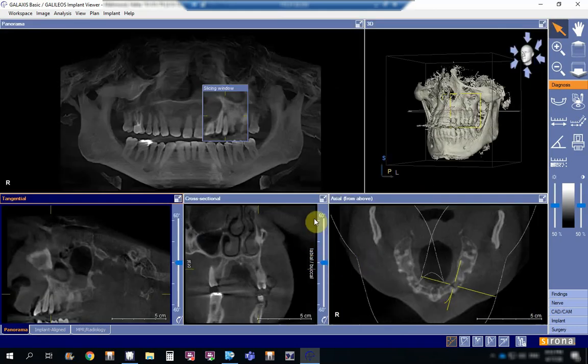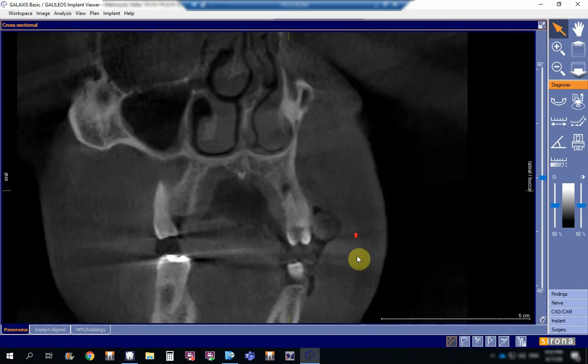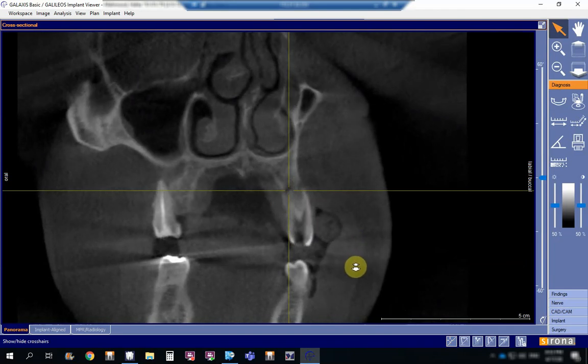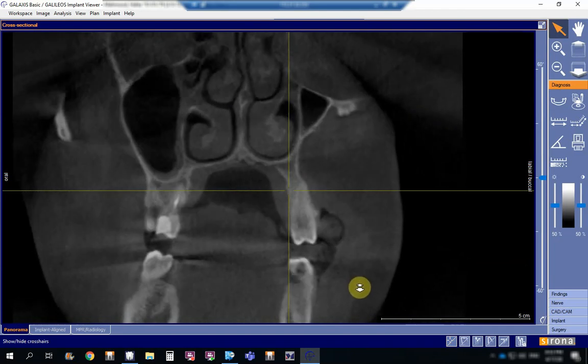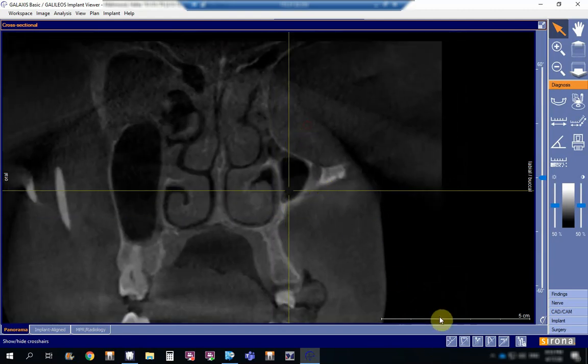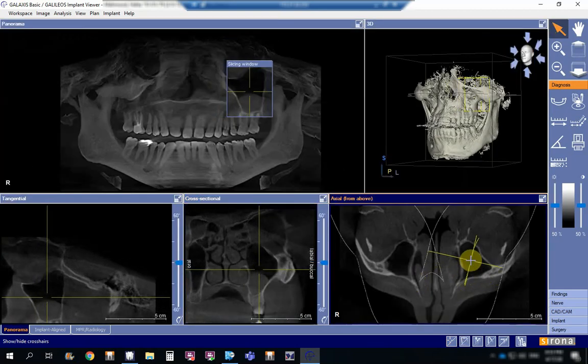In the coronal view, it looks more like this. Back to our cross hairpin, this is where it is located. The maxillary sinus also shows in here. This is the right maxillary sinus. I'll take you to the right maxillary sinus over here. We're not in the biggest dimension. We can go through its biggest dimension, and now we have, you see, this